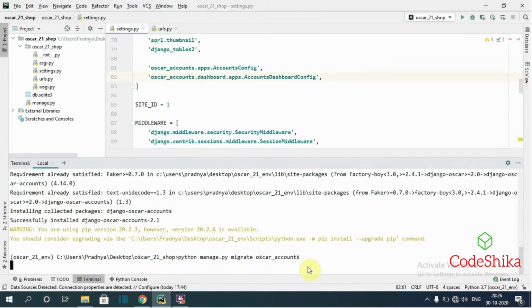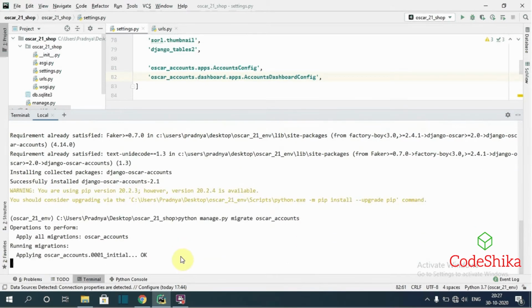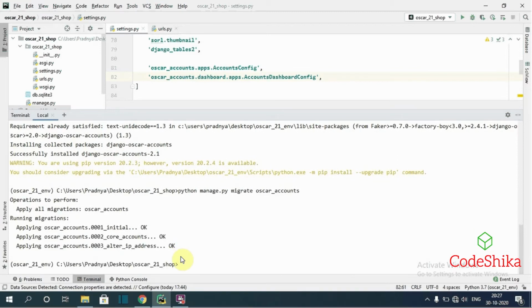I will run the command. This will take some time to create the database tables. Okay, it created the database tables successfully.